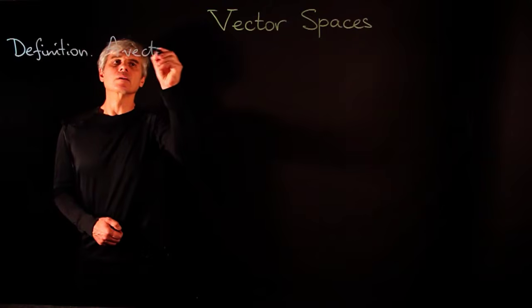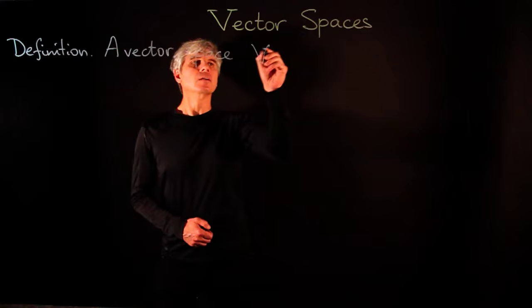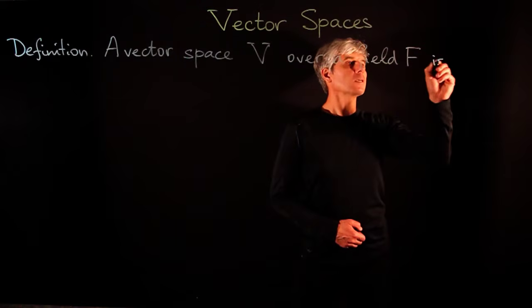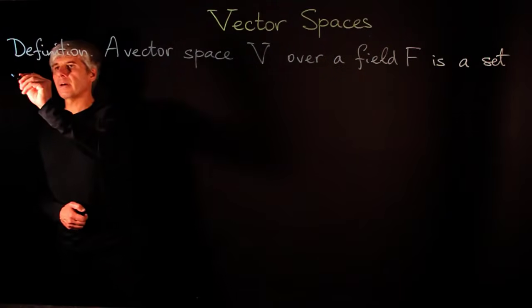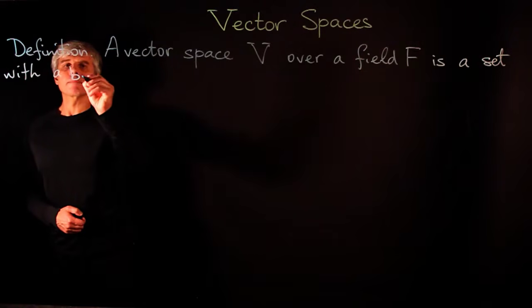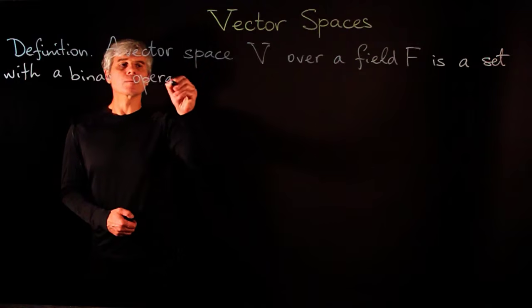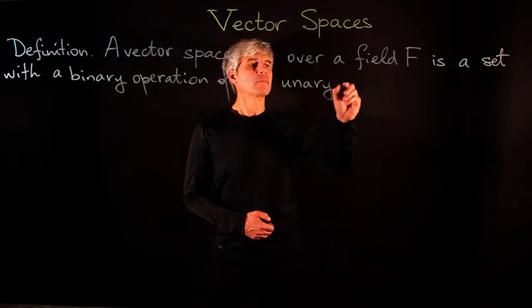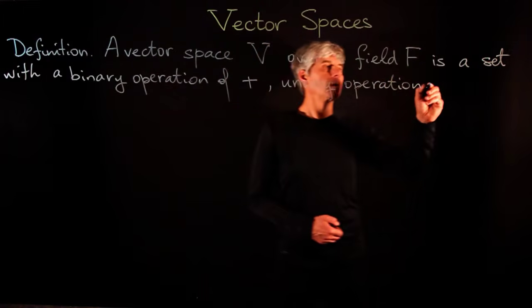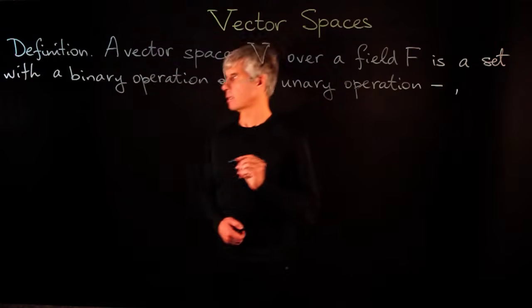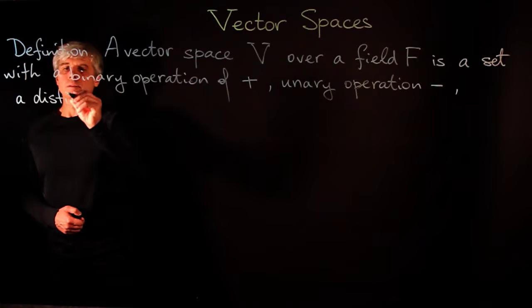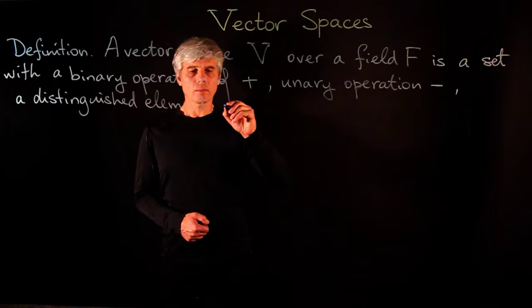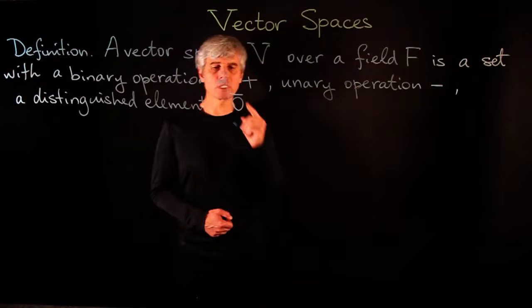A vector space V over a field F is a set with a binary operation of addition, a unary operation of taking the opposite or negative, a distinguished element zero, and we will put it with a bar to distinguish it from zero in the field,